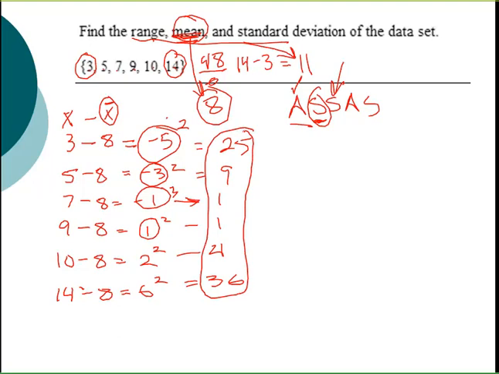So I just add 25 plus 9 plus 2. I'll just add those. And then plus 4 and then plus 36. So that gives me 76. So this all adds to be 76. Okay, so that was this part of the average. I got to divide it by how many numbers there are. So it's 1, 2, 3, 4, 5, 6 numbers. So 76 divided by 6 gives me my 12.6